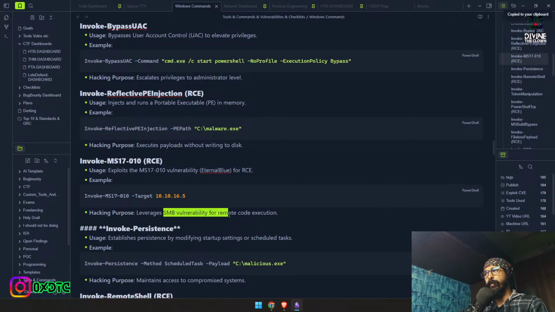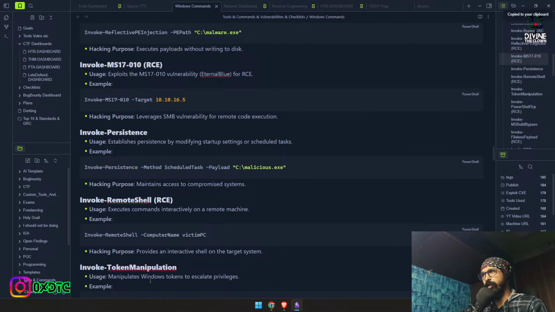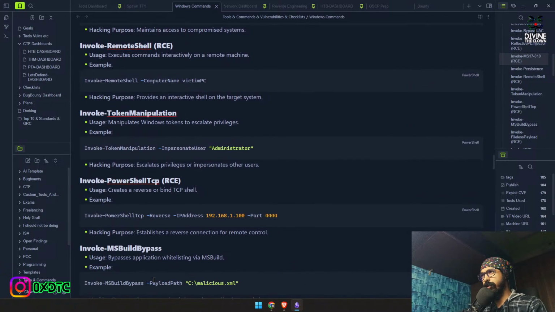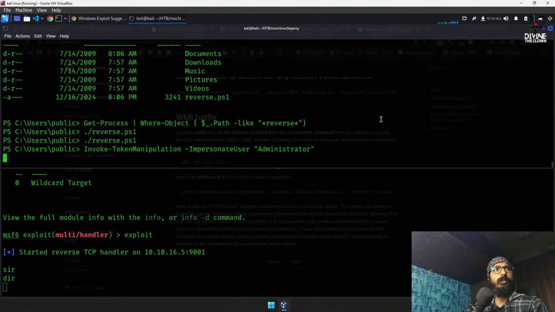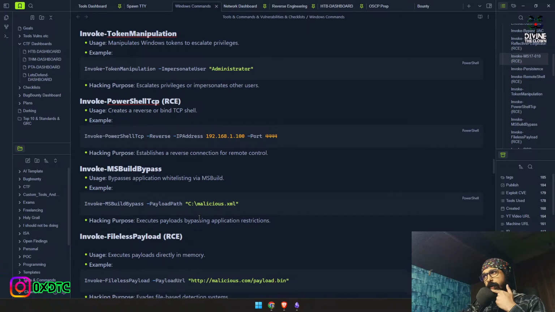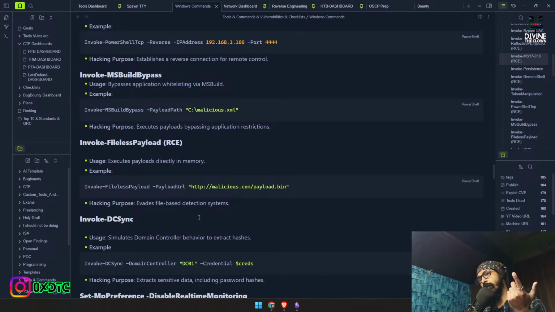Okay, it's an SMB vulnerability, not something different. Oh, we don't impersonate the administrator. Not gonna work. Invoke PowerShell TCP reverse shell. We're not into this because we're gonna need